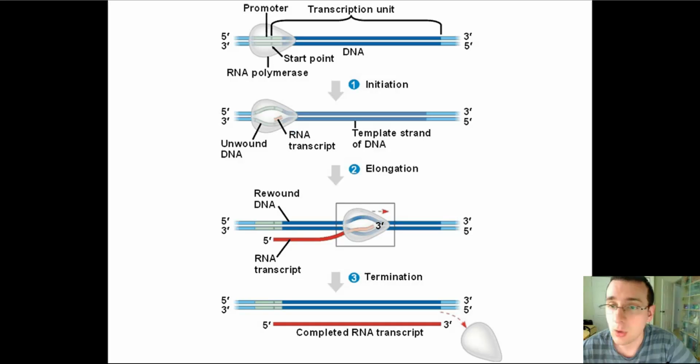These promoter sequences will actually mark the starting spot for the transcription process and regulate whether or not transcription is actually happening. Because you don't want to be transcribing all the time. You only want to transcribe the protein when it's needed. So the cell will only do that in response to chemical messages from the cytoplasm that basically say, hey, we need that protein. When that message is active, you're going to do the actual transcription process, which includes initiation, elongation,